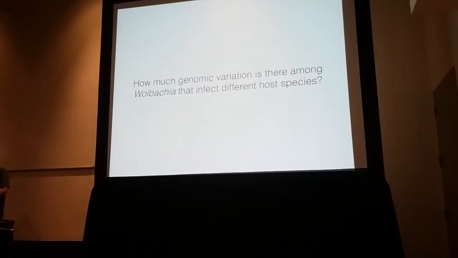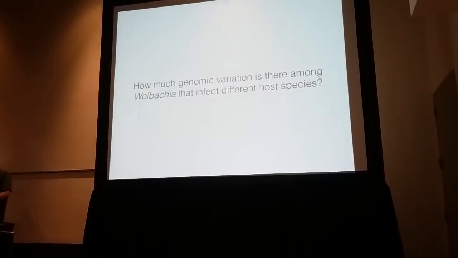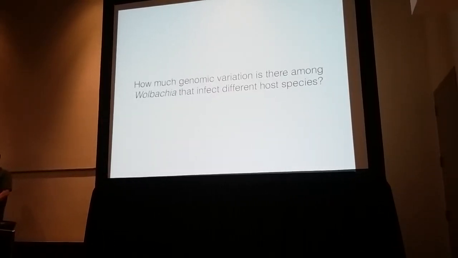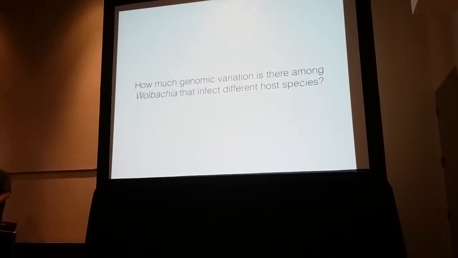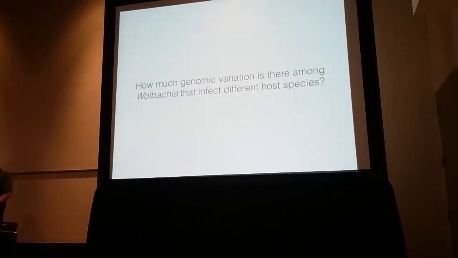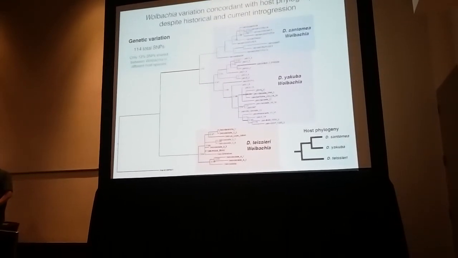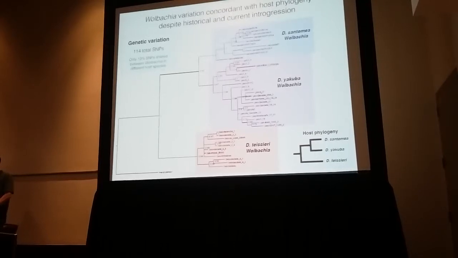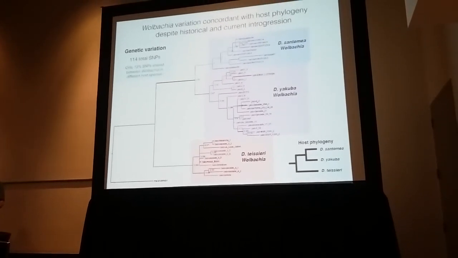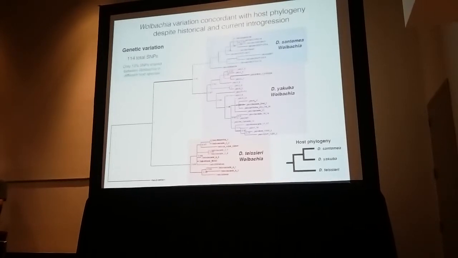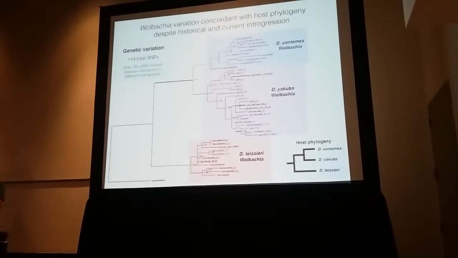So the first thing we looked at is we have Illumina data that Daniel Matute shared, and he's a collaborator on this, whole genome Illumina data, where we were able to pull out Wolbachia genomes and ask the question, how much genomic variation is there, and whether or not these species have their own Wolbachia? What we found is there's not a lot of variation, about 114 SNPs, but only 13% of that variation is shared among the host species. So if you find your favorite SNP in a santomea Wolbachia, you pull that out, odds are you're only going to find it in santomea.